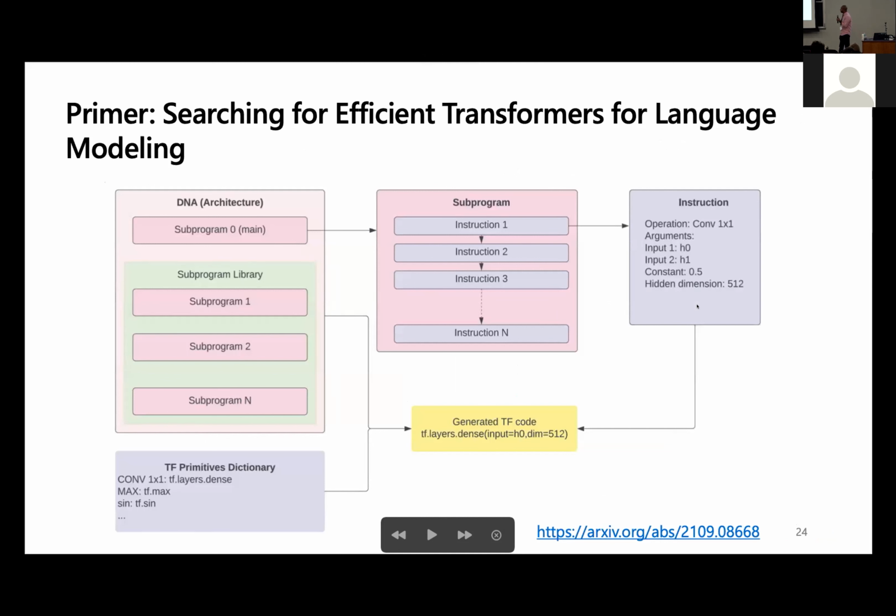This one is a very interesting one. So this is Primer. Primer, they did, again, for language modeling. And think about weight sharing while I describe this one, right? So this one is going to stretch your brain a little bit because it's not obvious how you are going to do weight sharing. Here, this is what I call the program synthesis viewpoint of neural architecture search,